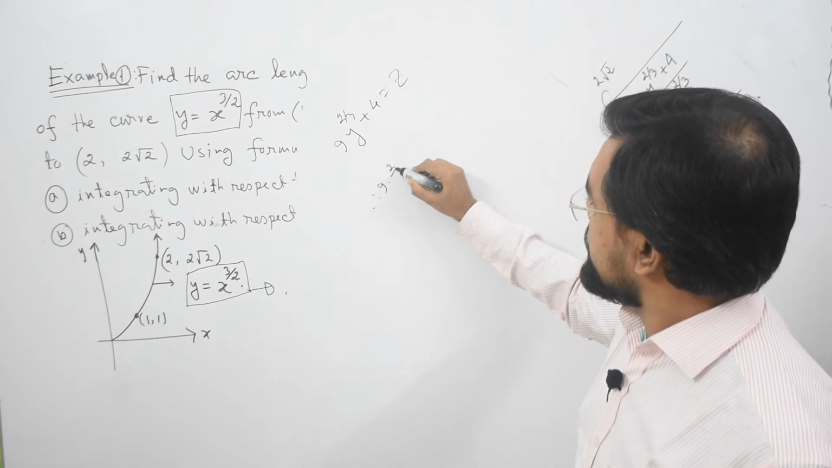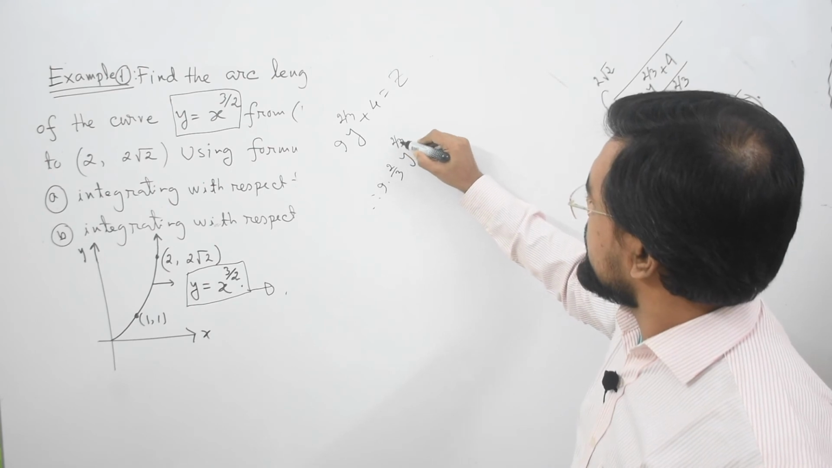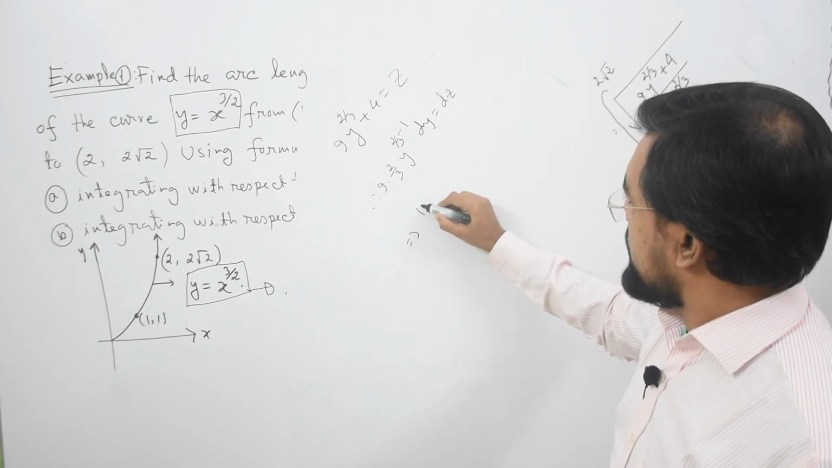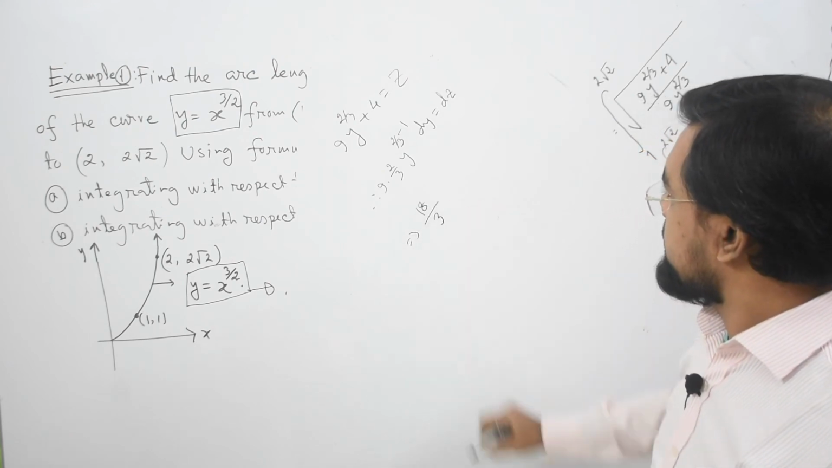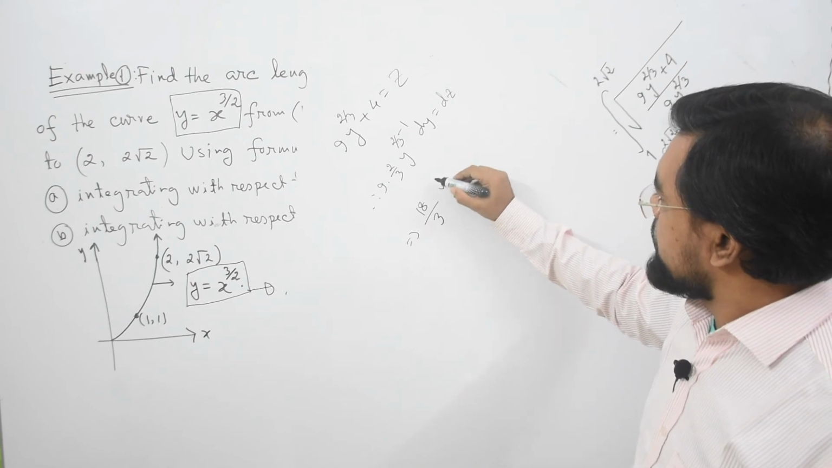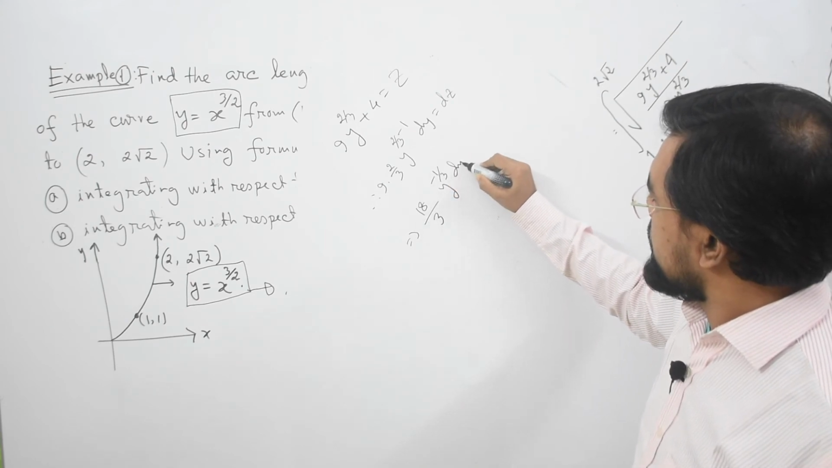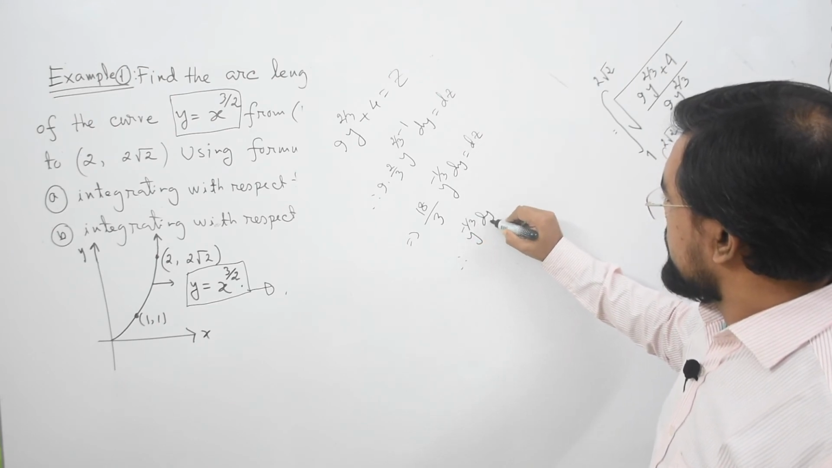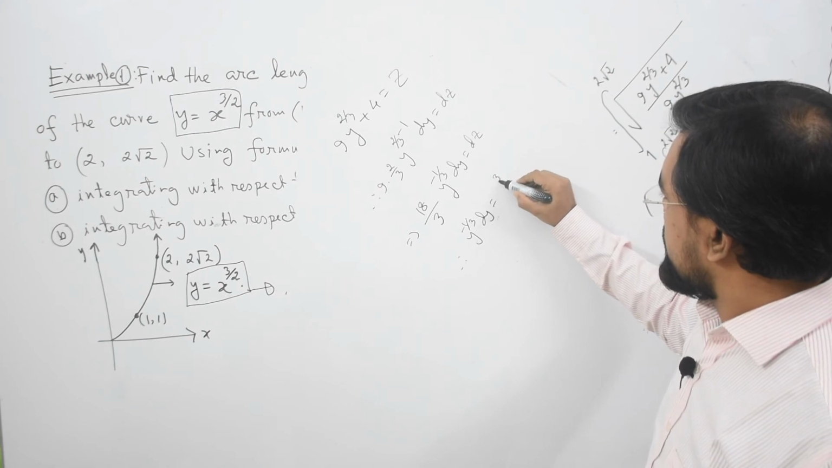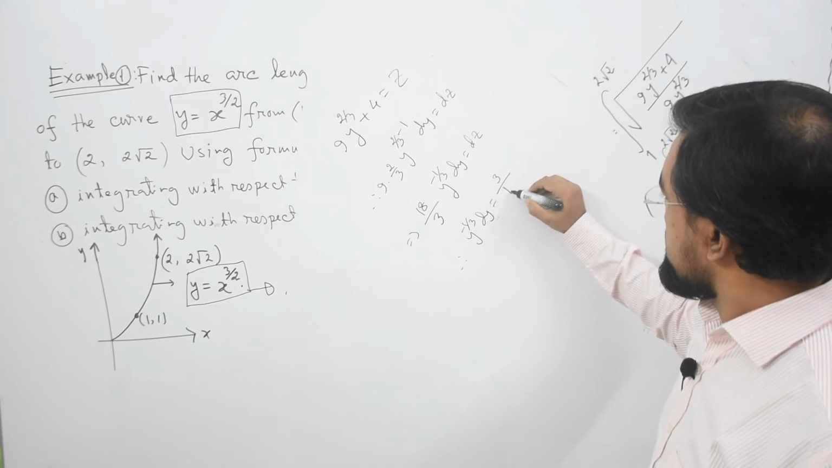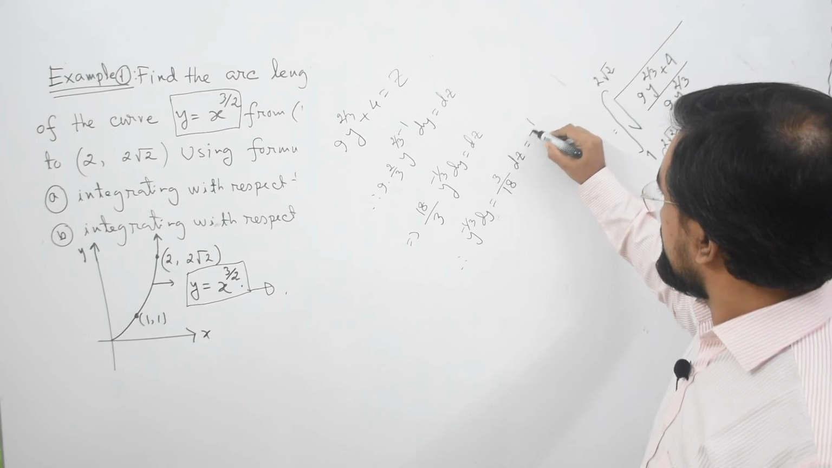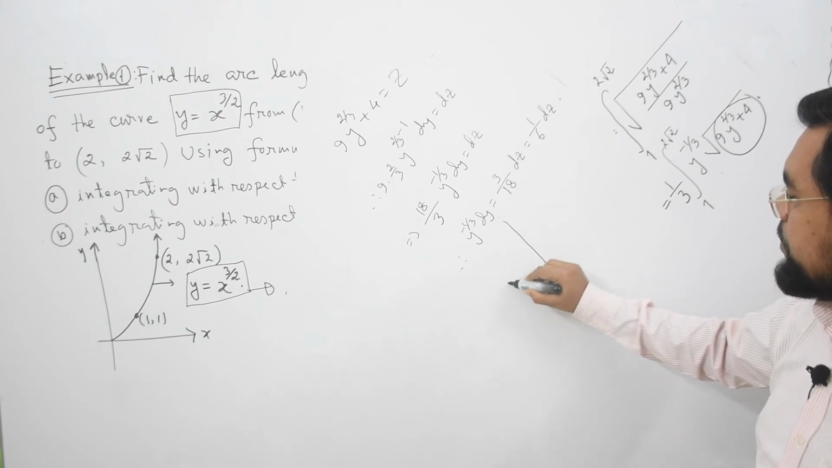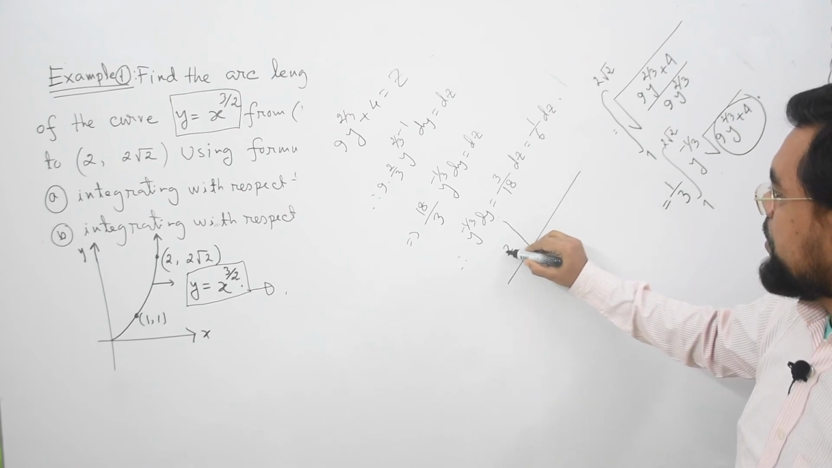Therefore 9 times 2 by 3 y to the power 2 by 3 minus 1 dy equal dz. This equals 18 by 3 y to the power negative 1/3 dy equal to dz. Therefore y to the power negative 1/3 dy equals 3 by 18 dz, which is equal to 1 by 6 dz, and the corresponding limit will be z,